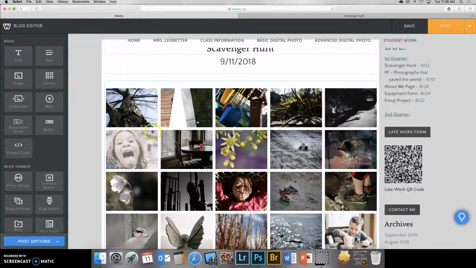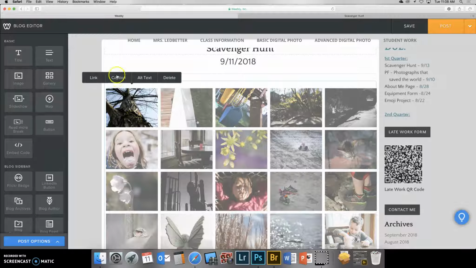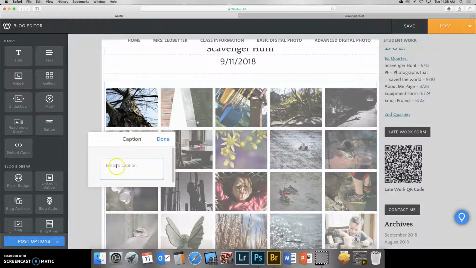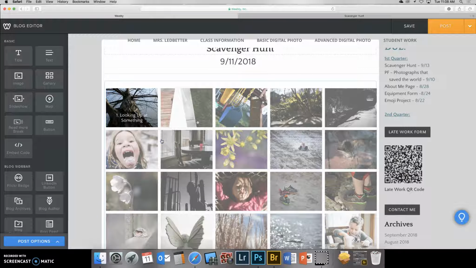All right, so the next thing that we're going to do, we're going to caption these with the number and the name of the images. So I'm going to click on this, and I am going to choose caption, and I'm going to enter a caption. And this one is number 1, looking up at something. And then I'm going to press done, and that caption will show on top of your